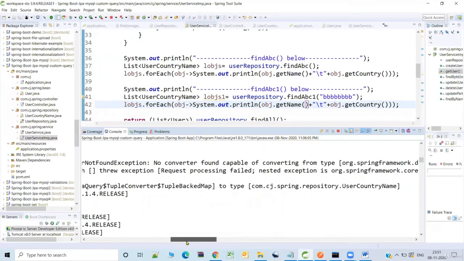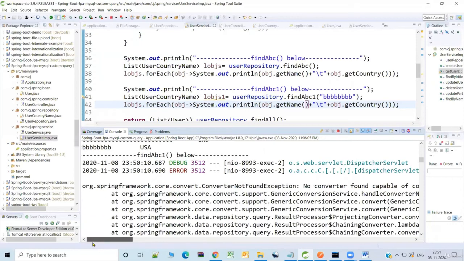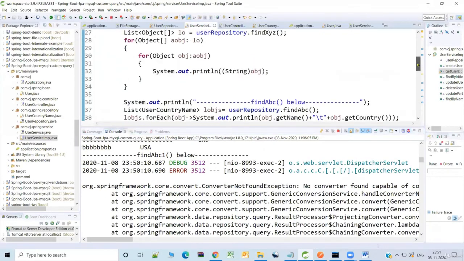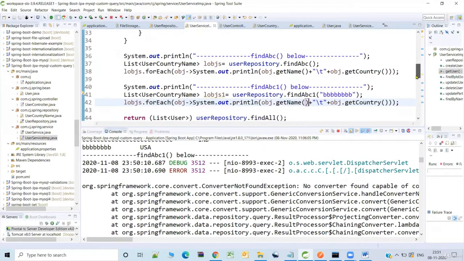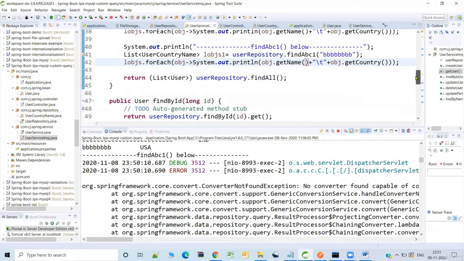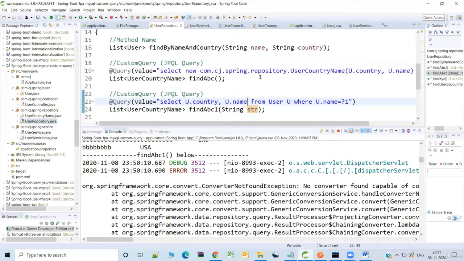Basically what it is telling is it is unable to convert to the user country name. So what I'm trying to specify is you cannot use it like this. So you need to go with it in the repository layer.